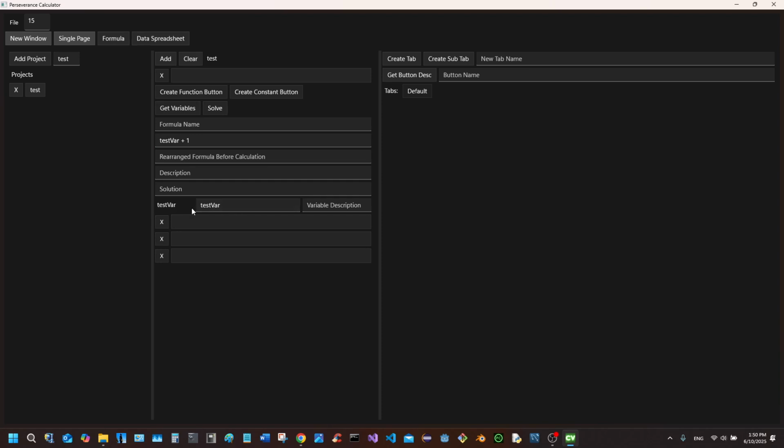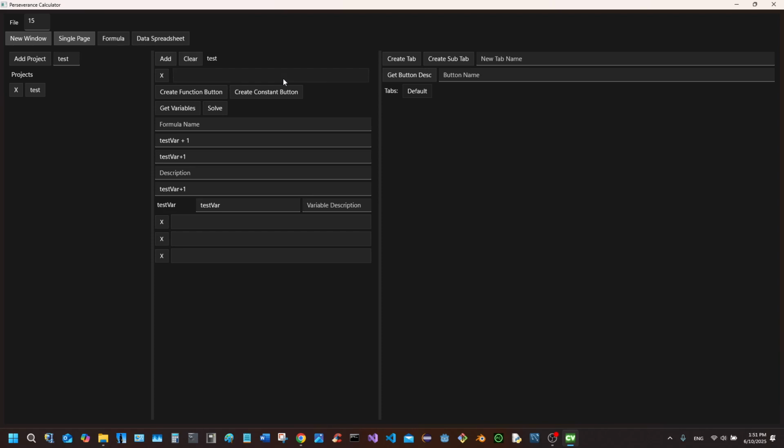And here you'll see your variable list, and your test variable must be replaced, and I'm going to replace it with 1, and then solve the 1 plus 1, and that'll give you 2. Now, if you left it the same as the variable name, then you click get variable and solve, or return test variable plus 1, because the variable is not a number, so it cannot be solved mathematically. So that's the basics of the